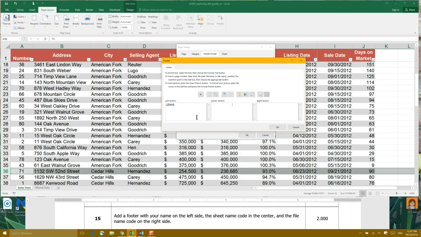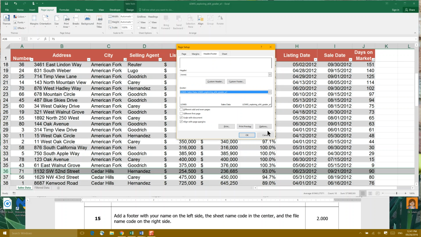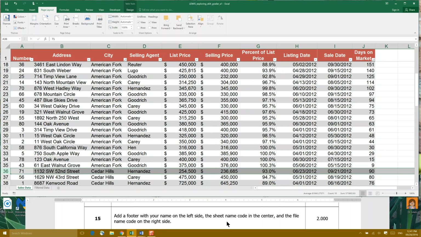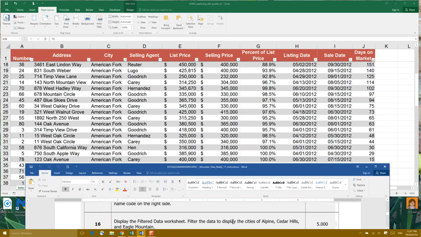then in the middle it asks you for the sheet name code in the center. So you literally highlight the icons above and it will show you the different names. And here's our sheet name. And then click your tab button. And on the right section, it says do the file name code, which is the file name is on the worksheet one. And you click that icon and you click OK and click OK. And that's the end of step 15. And step 16,